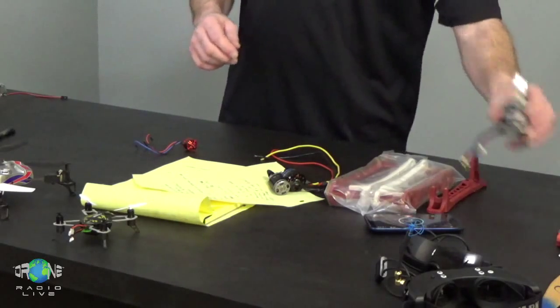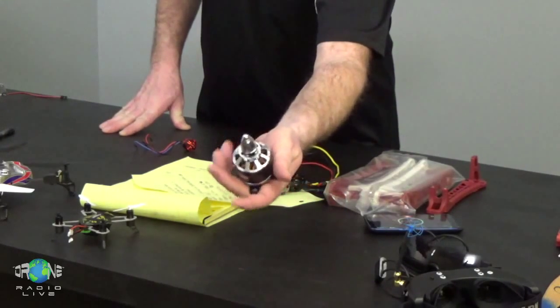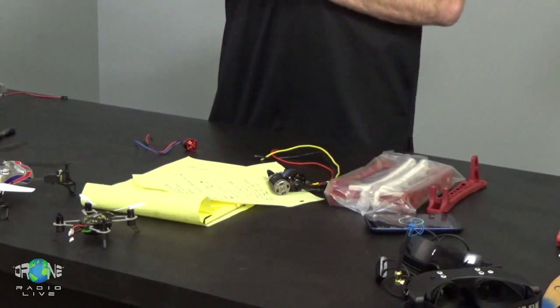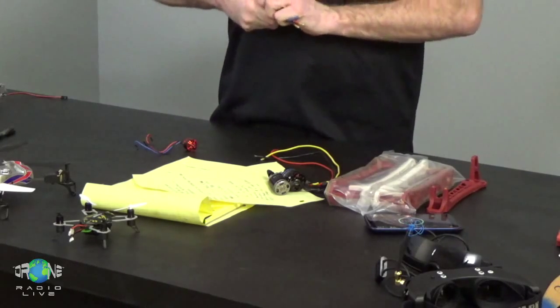an electromagnet, and here's a much larger one. This one's from, this is about a 25cc gas engine equivalent. It's a Turnigy motor that I bought for a profile RC plane. So most of the time, these have a little spring clip down on the bottom that keeps them together, keeps them from coming apart. So I took the spring clip off before I left the house today so I could